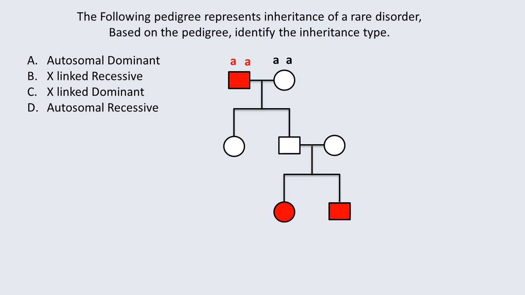The male of the second generation who has had children, his genotype will be in this particular way. That is, he has one normal allele and another lethal allele. But still he is not showing the trait, hence he is a heterozygous individual, or in simple terms, a carrier. Similarly, we have to assume that his partner has the same genotype. Only then can you see that the third generation female is also affected, and in the same fashion, the third generation male is also affected.